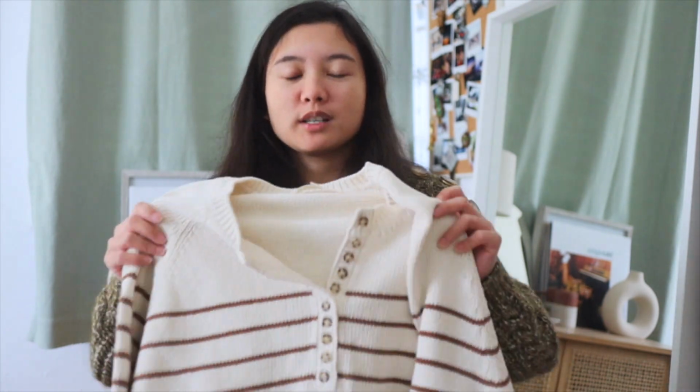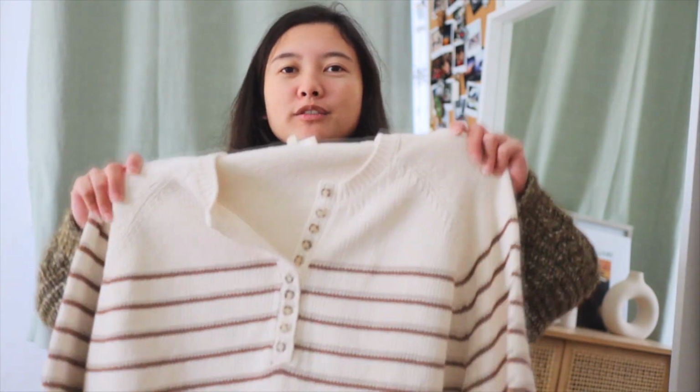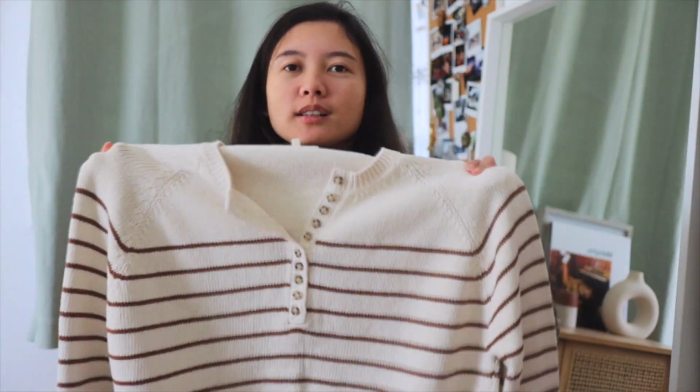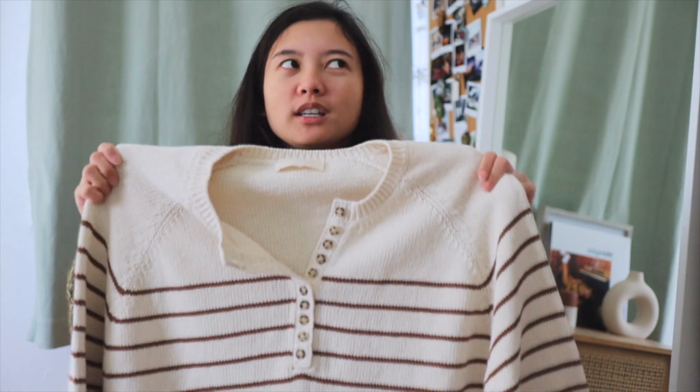We're coming to the very last bit of my Sezane sweaters, and it's going to be the 100% cotton sweaters that they sell, and those are my favorite ones. Looking at them, they're all the same color, but different variations of it, I guess you can say. The first one I'm going to talk about is their Leontine jumper, because it's one of their famous pieces, and they're classic pieces that they have year-round. It's a very go-to sweater you can wear in any season,